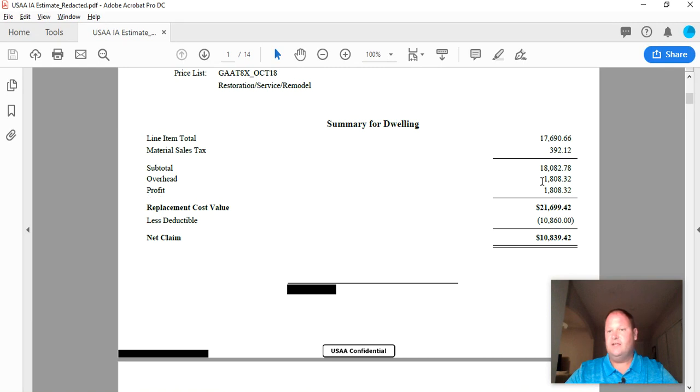Now they gave 10% for overhead and 10% for profit. That comes up to $21,699.42. Now, the next thing you'll want to look for is less the deductible, which we already found up top, which is $10,860. So the net claim will be the amount of the first check that the homeowner will